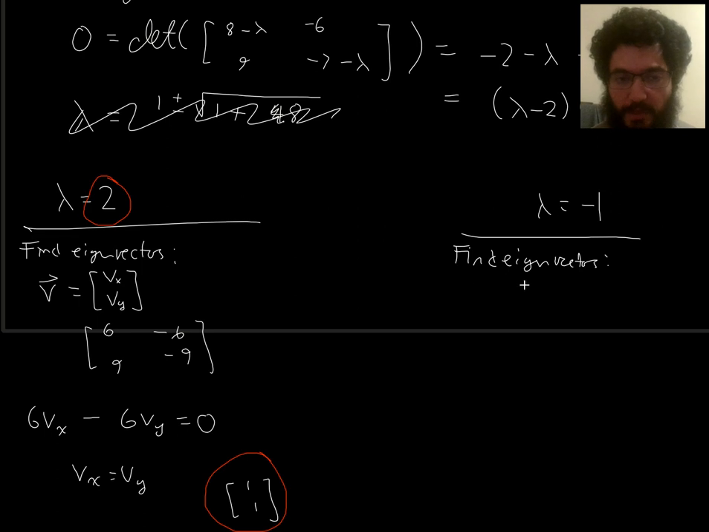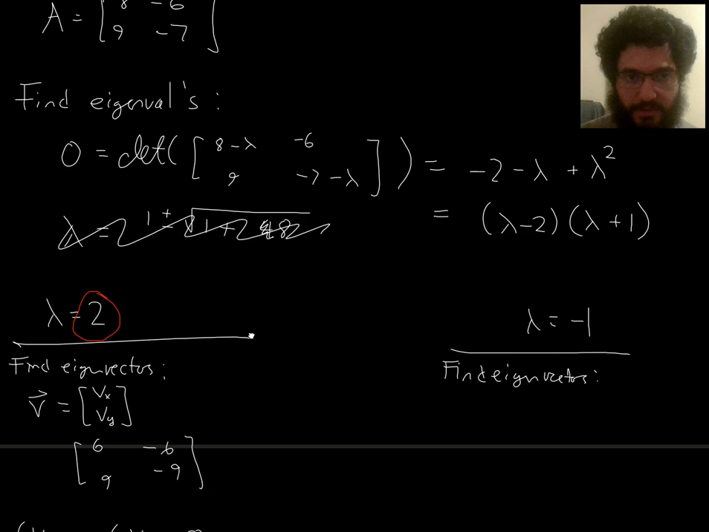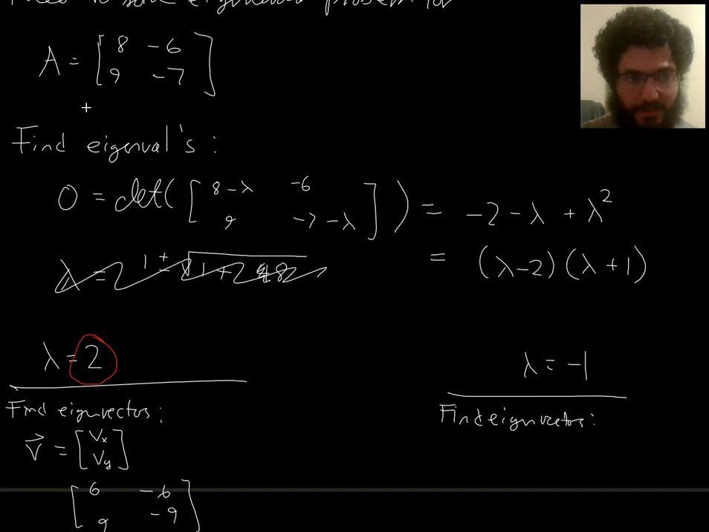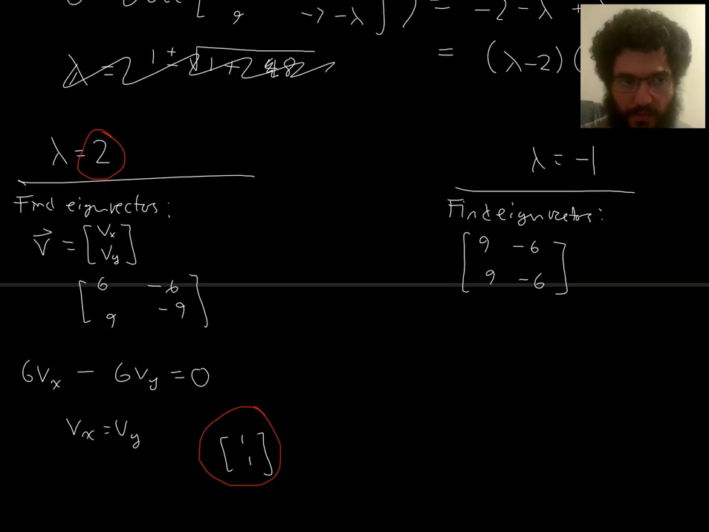Okay, let's do the same for lambda equals -1. Now I'm interested in the null space of... Oh, actually, let me go. I can't even see the matrix anymore. So subtracting -1 off of the diagonal, I'm interested in the null space of 9, -6, 9, and then -6. So I've taken this and subtracted -1 off the diagonal. So what's the null space of this matrix? If my eigenvector, again, is called Vx, Vy,